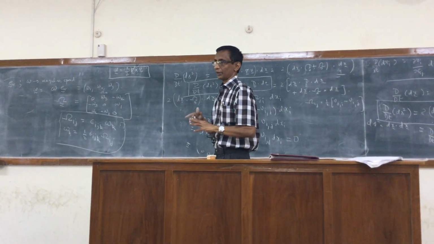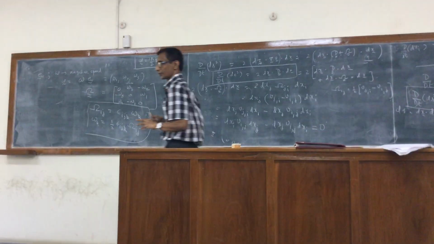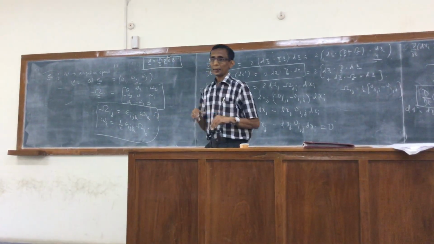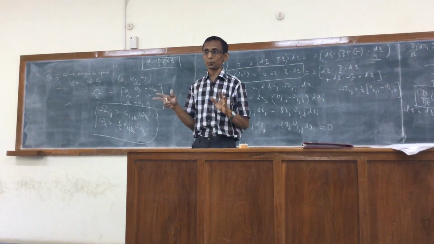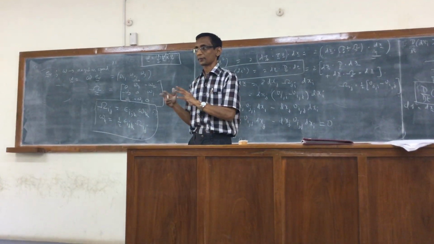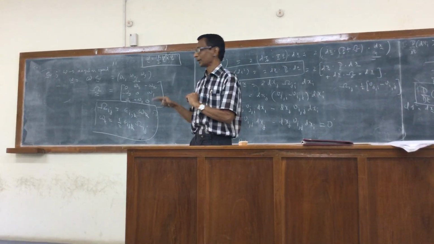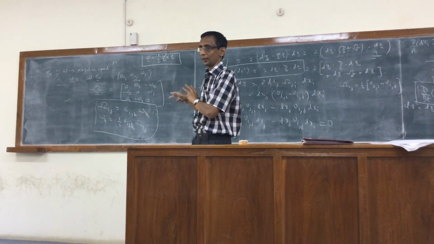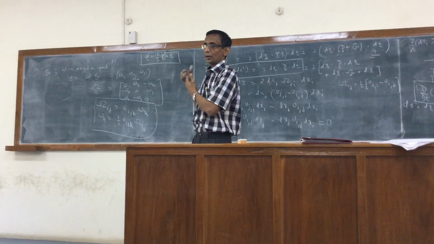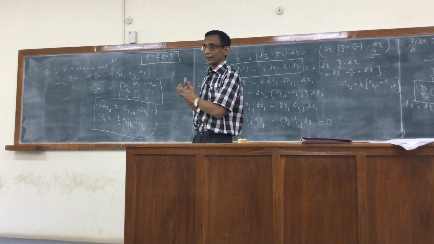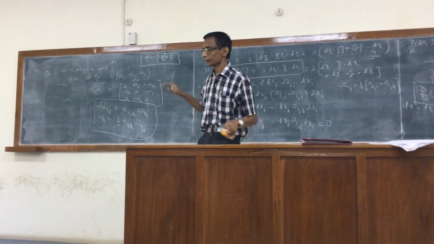Curl will involve a derivative. This is not that. Epsilon ijk occurs in many different cases. We have to be aware of what is the significance where it appears. Here it is simply a tool to represent the relation between the angular velocity tensor and the angular velocity vector. So you can see the application of